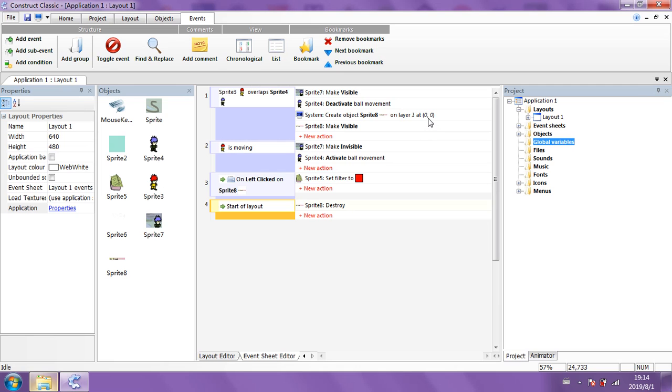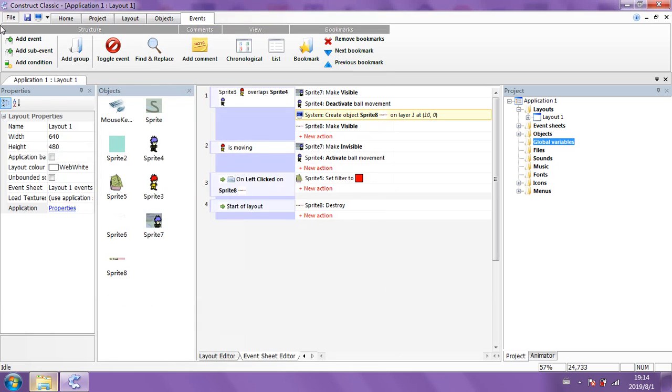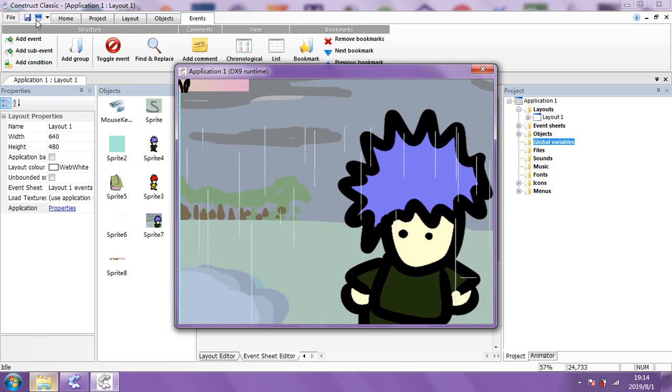So 0 of 1. Okay, let's change this. X coordinate, Y coordinate. I'm going to type in 10 on the creation of that. Let's see where we're at. Come on. I'm talking to this computer. Where's it show now? It didn't do much, did it? I think it just moved in a little bit, didn't it?